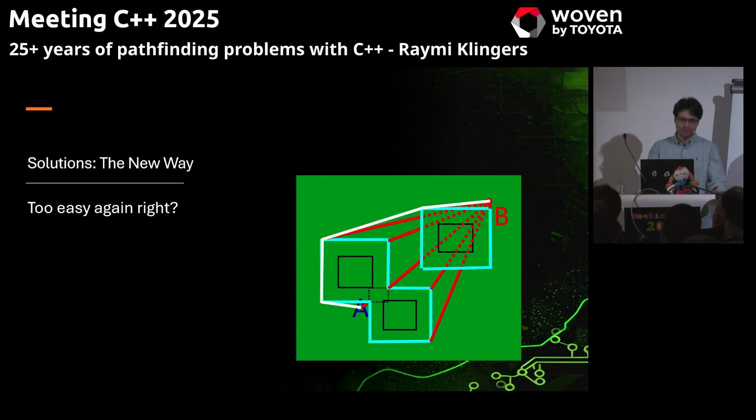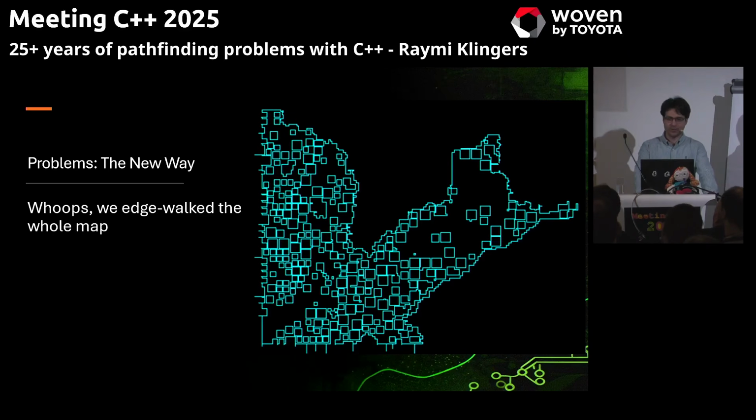Too easy again, right? Now, I'm leaving out some of the edge cases because I run out of time otherwise, but a very obvious one is our algorithm needs to loop. It needs to make a full shape. It cannot stop earlier. So if you have a big map and your obstructions hit the edge of the map, that often means you go around the whole map. Now, this algorithm was quite fast, so it could do this in real time for one path every frame. But we do 300 to 400 paths a frame, so that's not going to work.